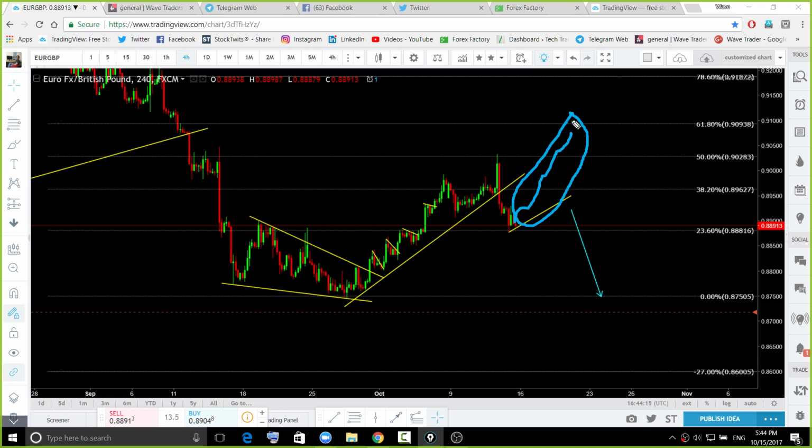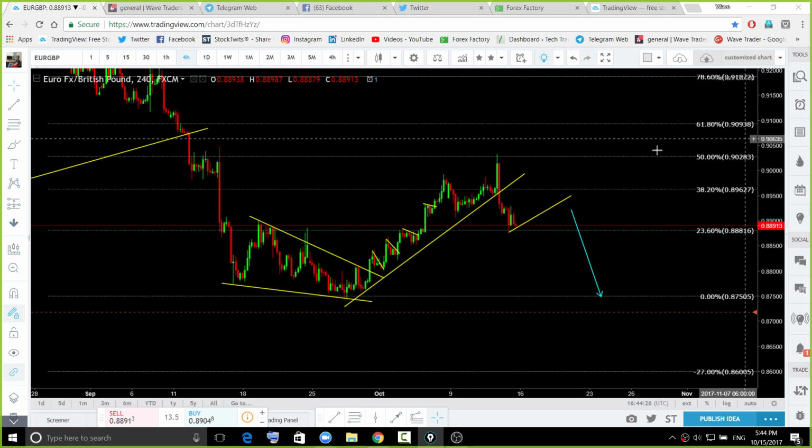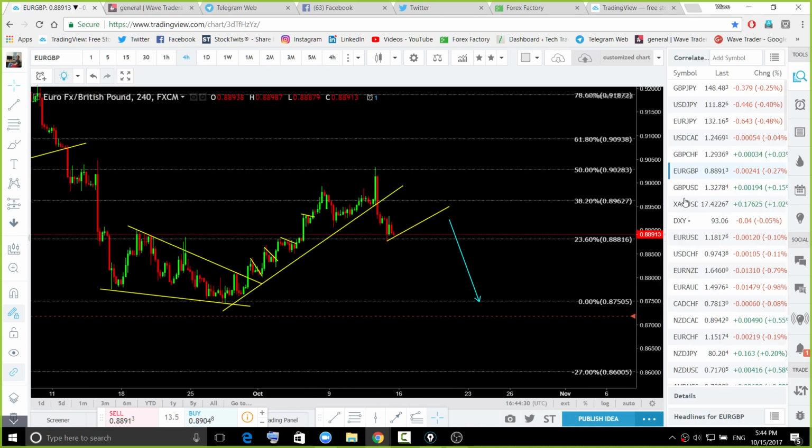Okay, the chart I have shown you. What it can do is go for a couple more pips to the upside and then again form a bearish bigger daily formation for the downside. So pound chief is going to be the perfect opportunity. All right, so that's done with the pound USD.